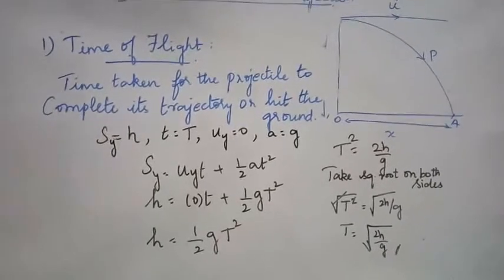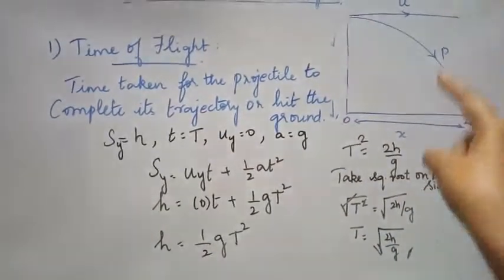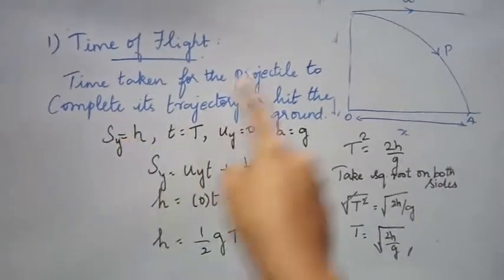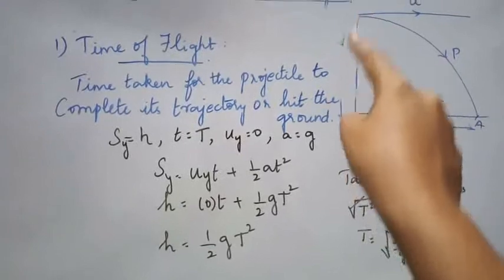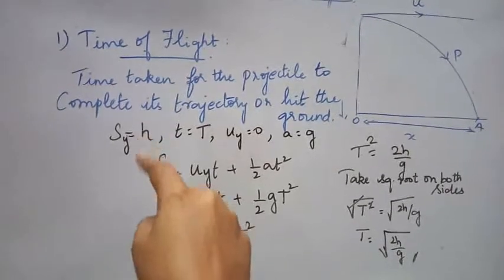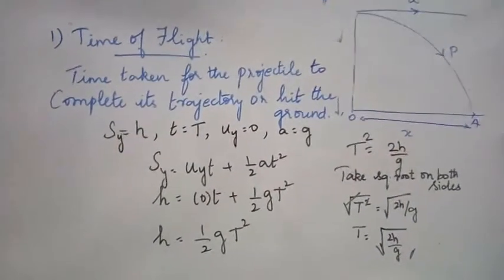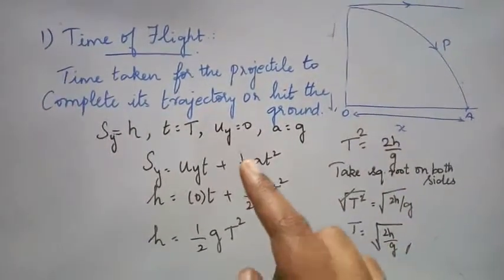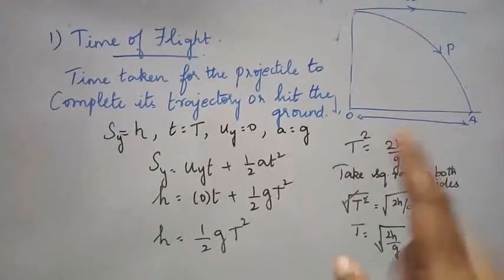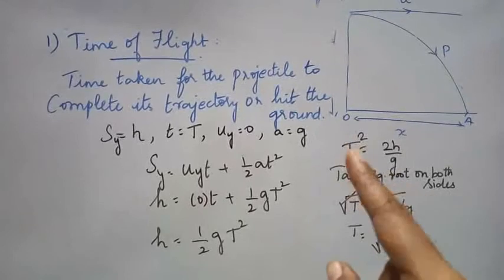flight. So we are going to calculate that as this projection is along the y direction. So the displacement is along the y direction. So yes, y is nothing but the height h. It depends upon this height h, the object's motion will be there along the y axis. So it is h displacement, and time t is represented by the capital T here, and always along the y direction the initial velocity is 0. Only the initial velocity will be present in the x direction here, and the acceleration is always due to gravity, so a is equal to g.